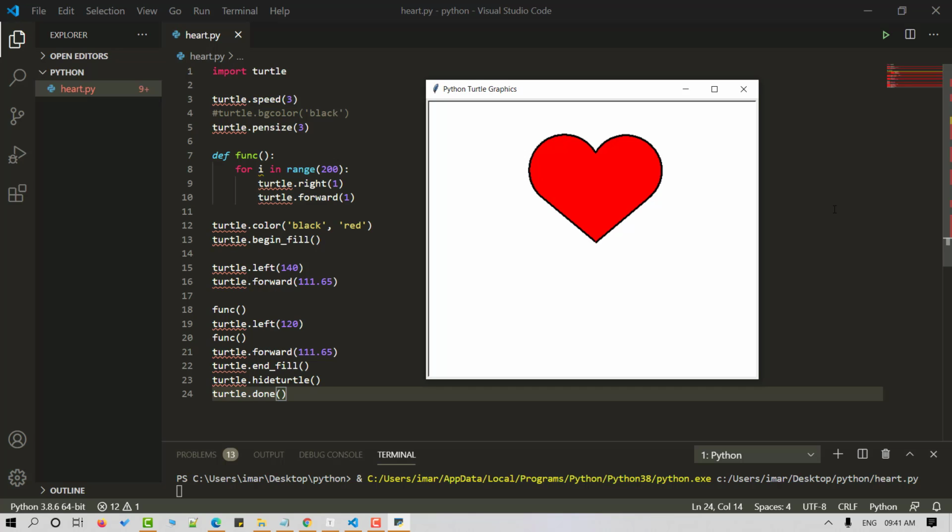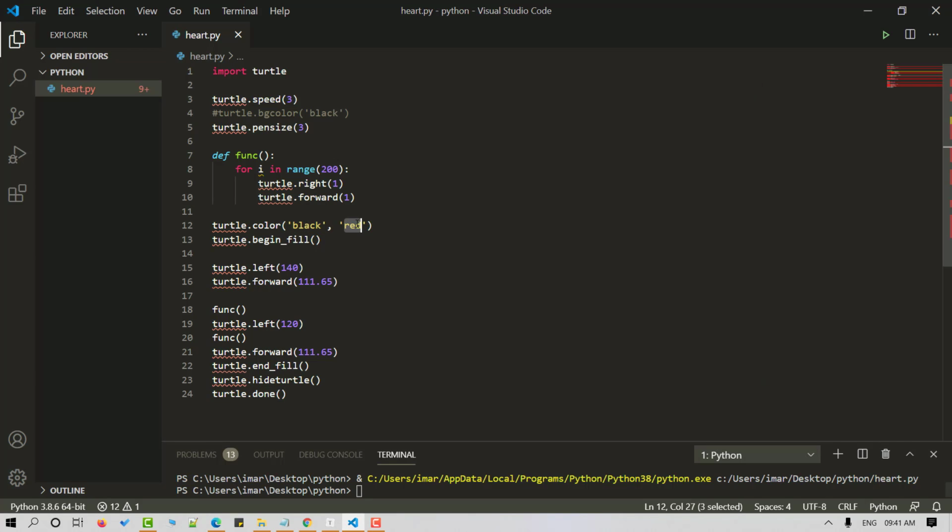And our heart is ready. If you wish to change the heart color, you can simply make the change here. Like if you wish to give it pink, let's make it.